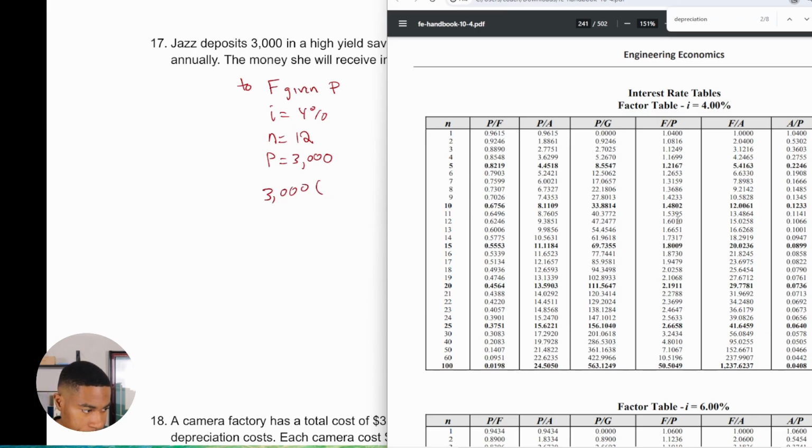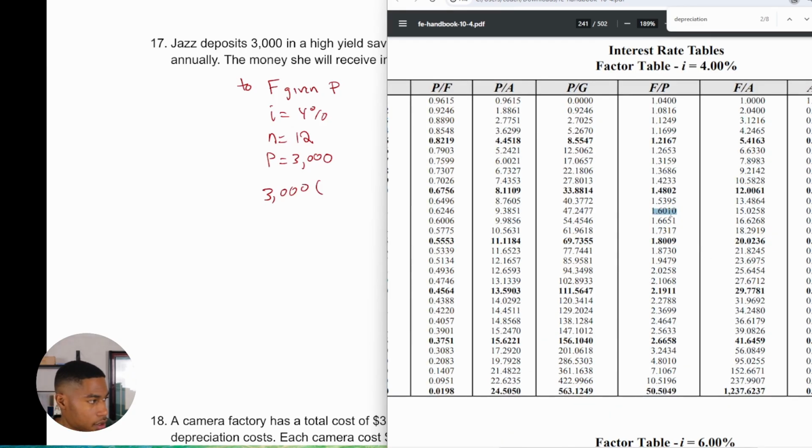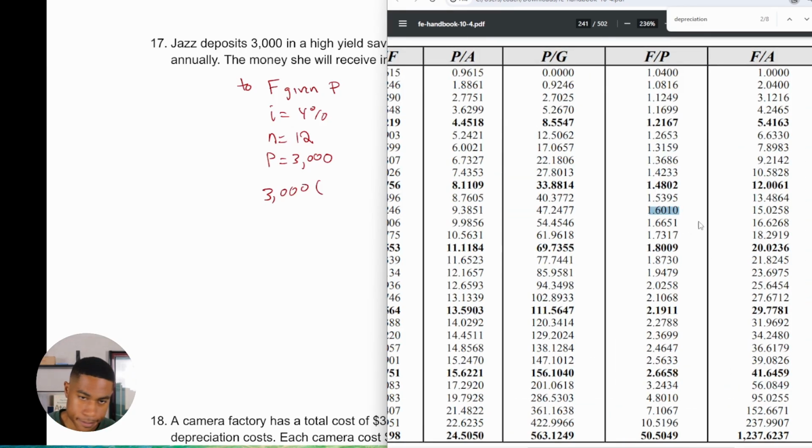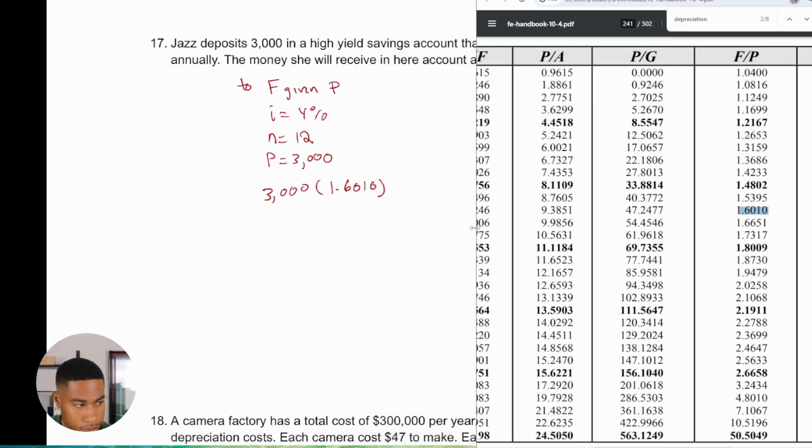1.6010. There. Zoom in so you can kind of see. All right. So I'm just going to use that for this. 1.6010. And for my answer, when I multiply 3,000 times that, I get